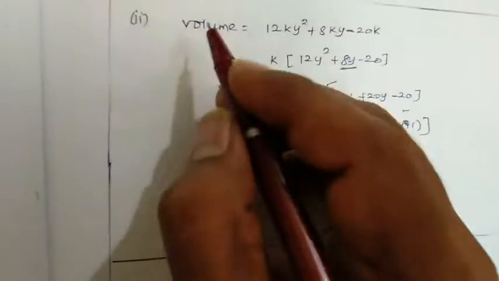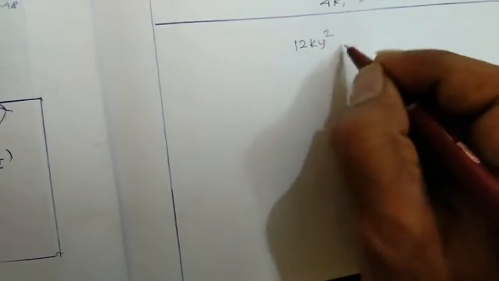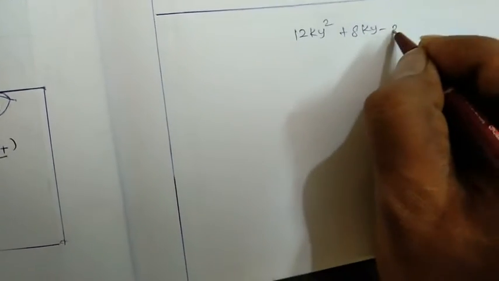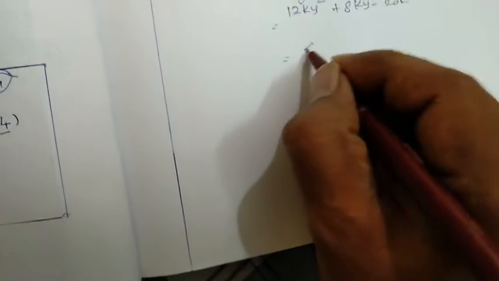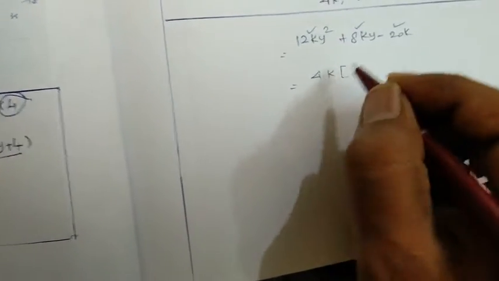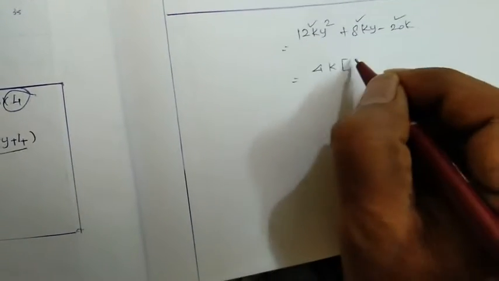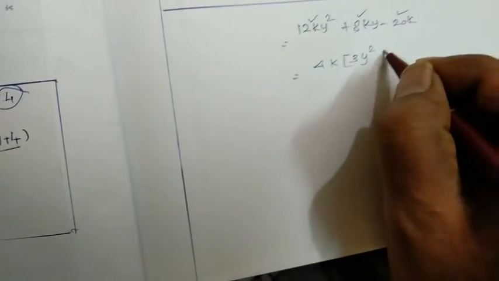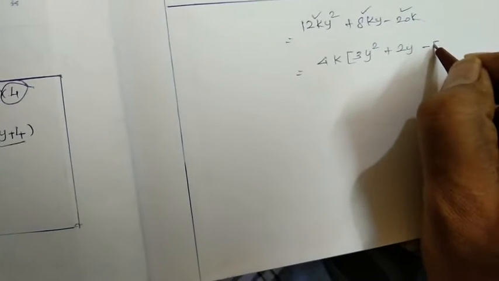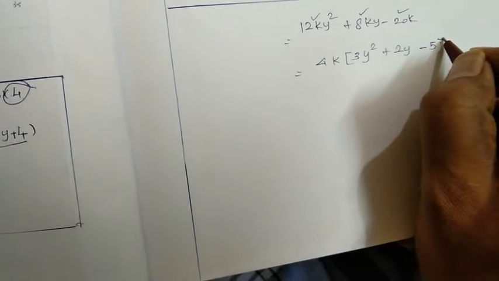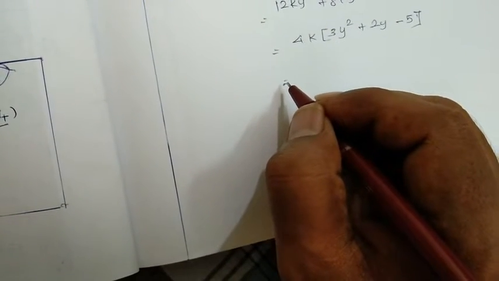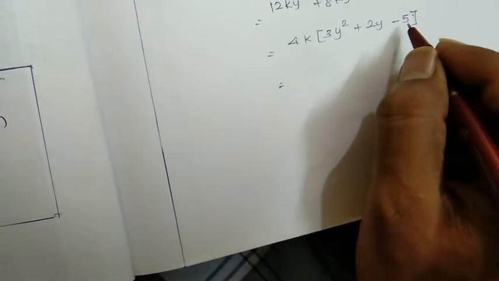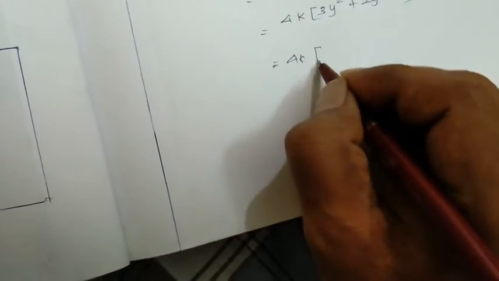Or first itself we can write 12ky squared plus 8ky minus 20k. Now all are multiples of 4. So 4k we can take outside. So 4k means here remaining 3y squared plus 2y minus 5. This is the meaning. Now 3, 2, 5. So 4k into